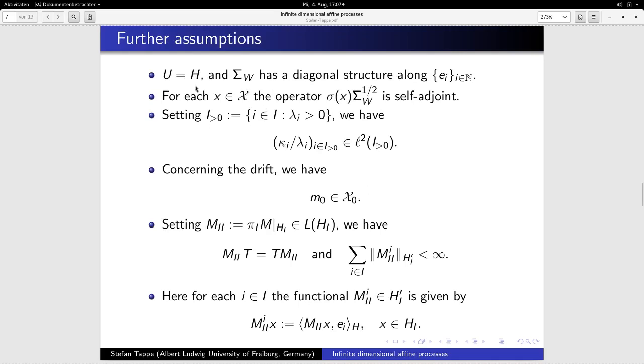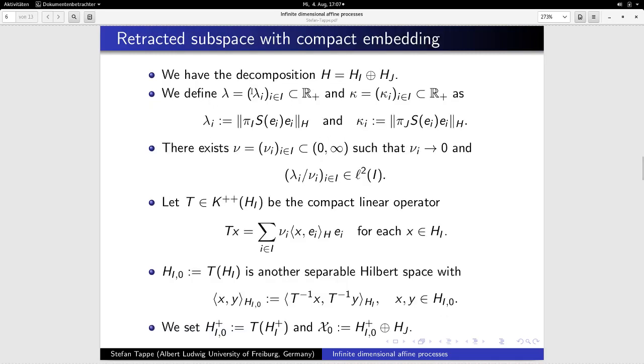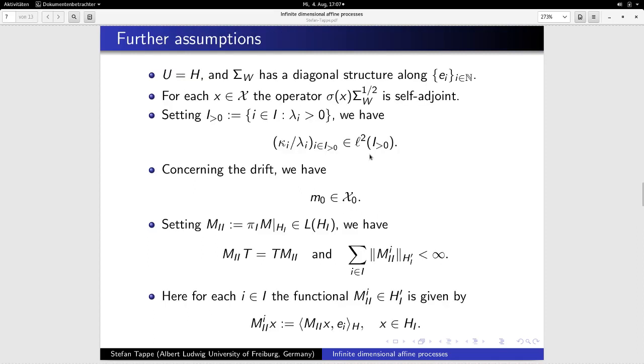The first is an assumption on the Wiener process. The state space of the Wiener process should simply be equal to the state space H. We also impose that the covariance operator has a diagonal structure along the orthonormal basis. For any x, this operator here should be self-adjoint. And if we consider these sequences defined on the previous slide, then this quotient here should be an L2